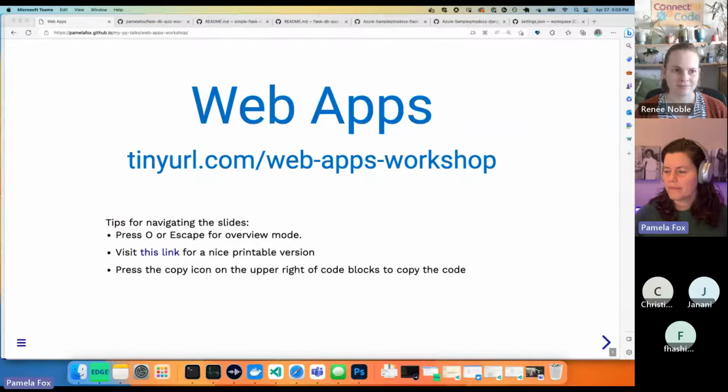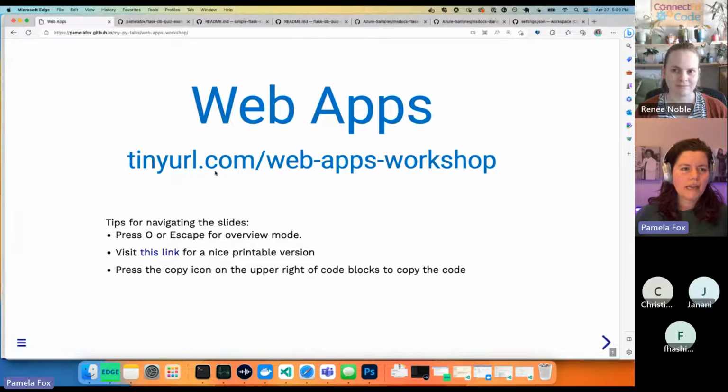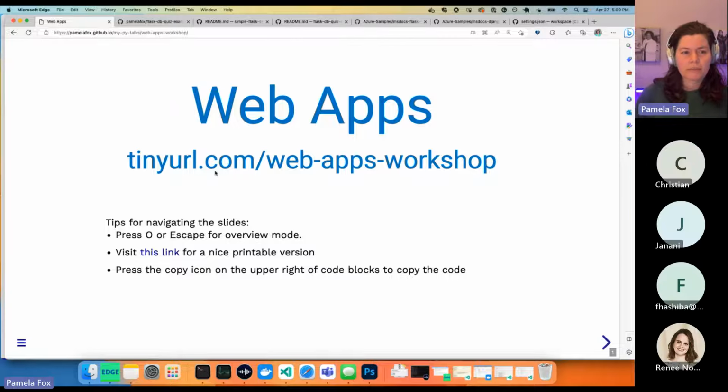Okay, so welcome everyone. I am a mom in tech. I have a 3-year-old and a 10-month-old who is getting her 4th tooth today. So she's currently upstairs screaming her head off. We just gave her some medicine. But welcome everyone. I do love talking about Python and making web apps. So I'm excited to talk about this today.